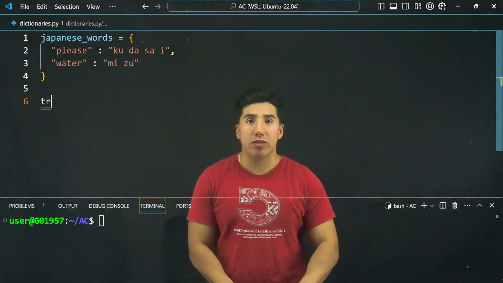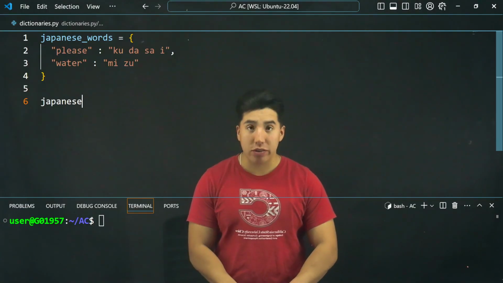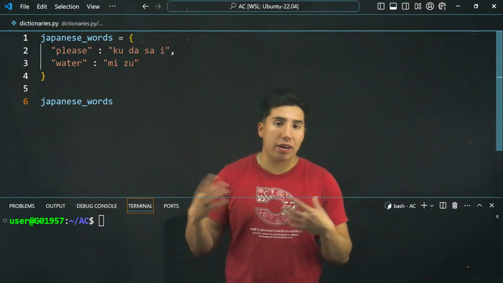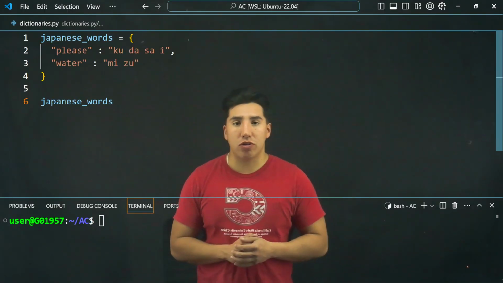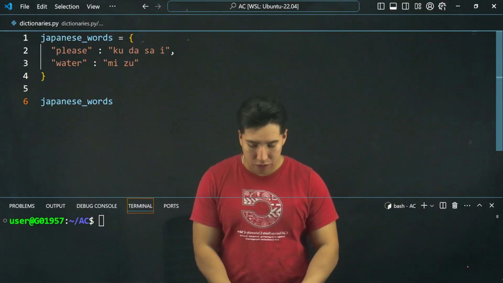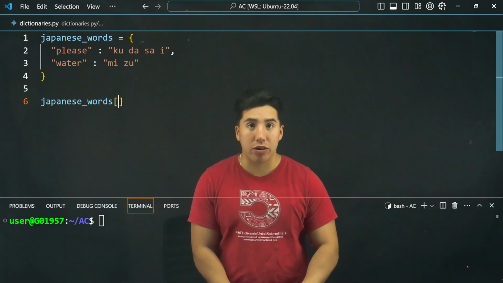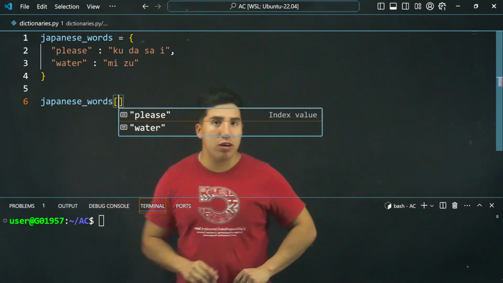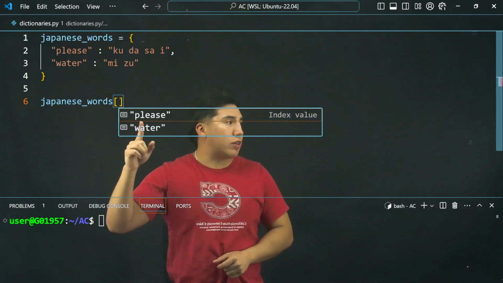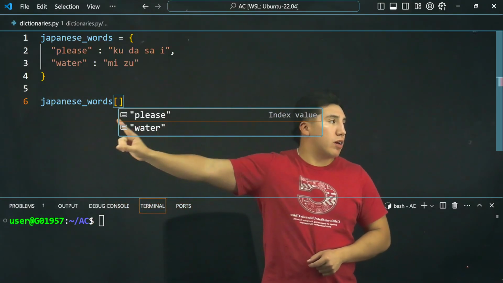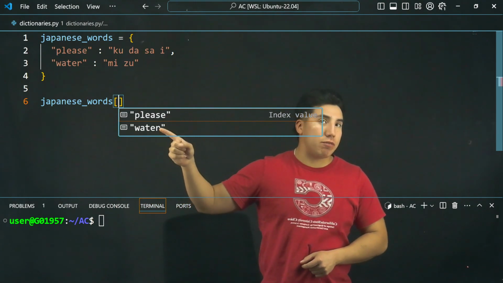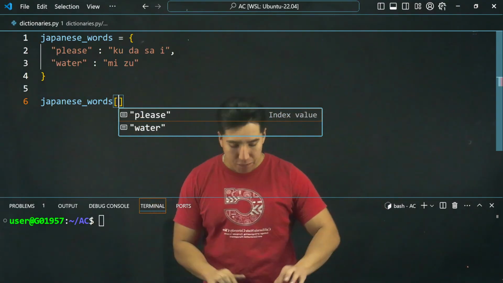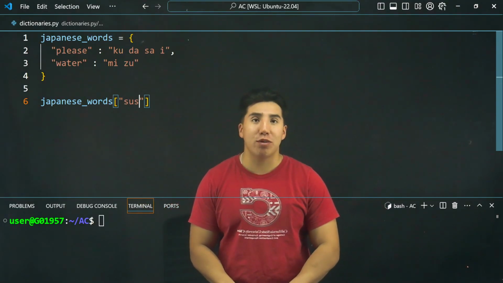So same thing, Japanese words, and this right here is how you can continue adding on words onto your dictionary. So next thing I want to do is add the word. These brackets right here are kind of like indexing, but since I have 2 items in Japanese words that I can access, or I can just put a new string here, which is going to be a little funny, I'm going to put sushi